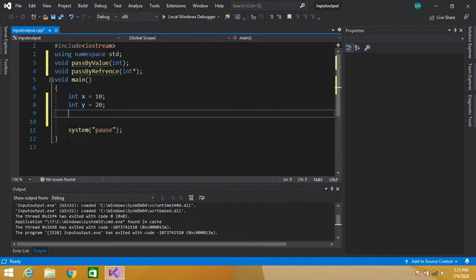Let's first write the definition of these two functions.